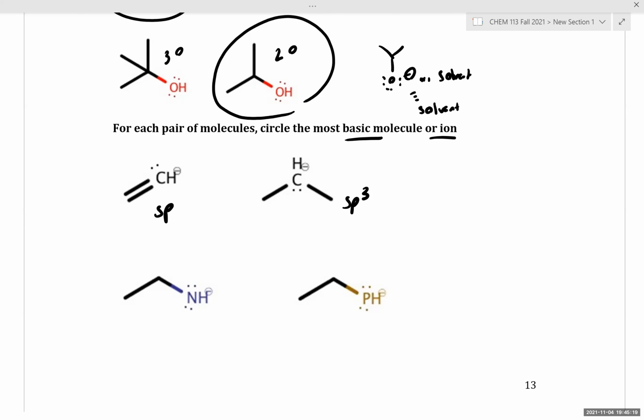Thinking back to the example that we, oh, sorry, this should be sp2. Yeah. Which one? The one right there, the sp2. Mhm. So if we think about anion stability and we think about orbital energy,